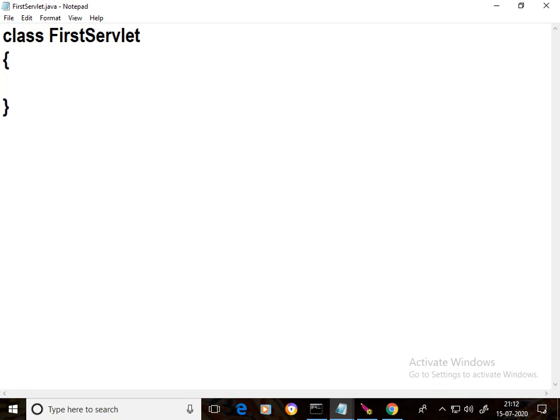Here, if I write a main method, it is not executed, because a Servlet program runs in a server. The server doesn't know the main method. If you write a main method also, it is not called.